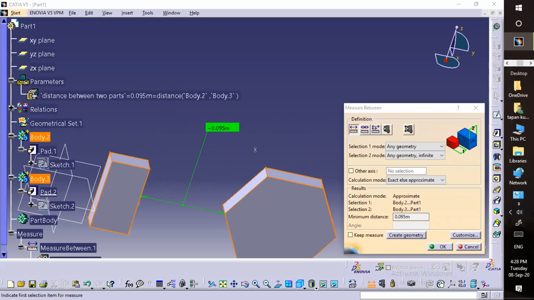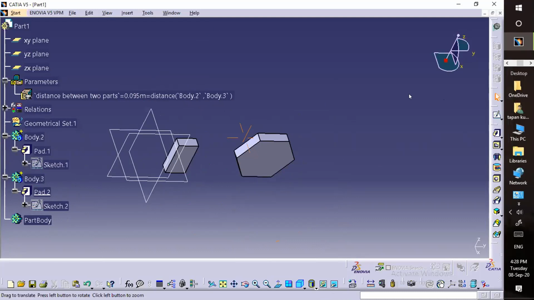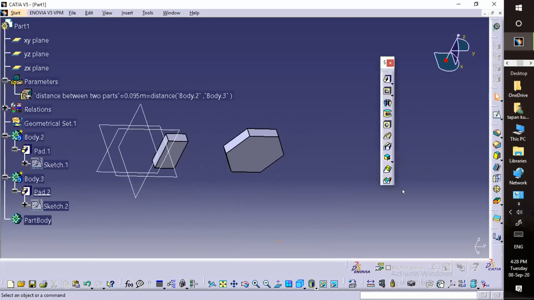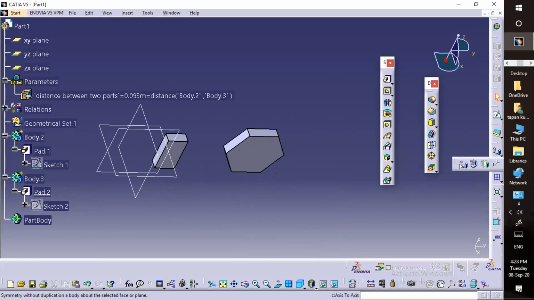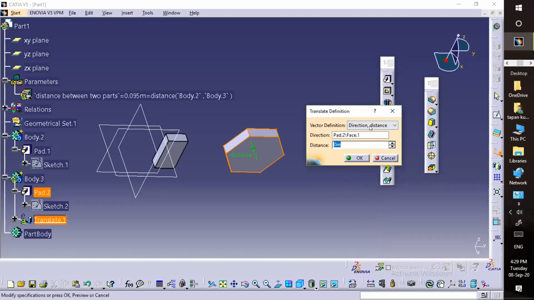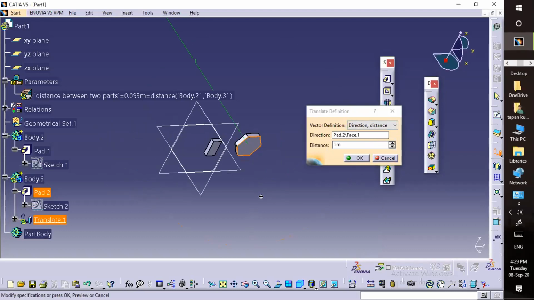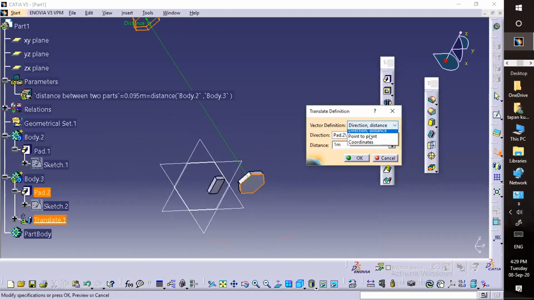So what is the use? If you are moving this other part, for example, I'll select this one and move it.